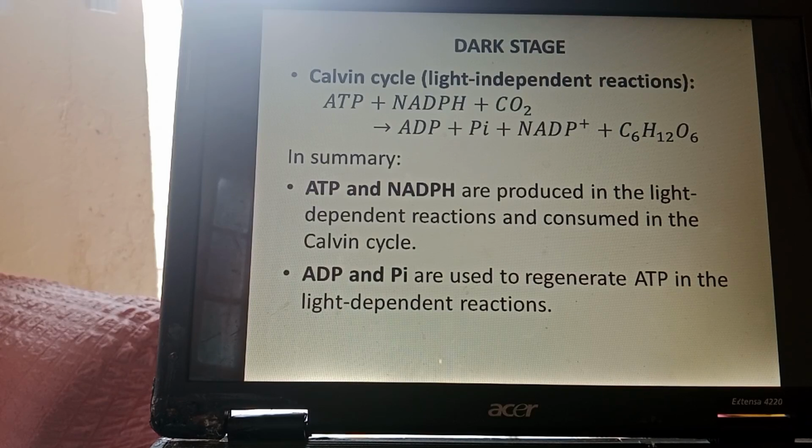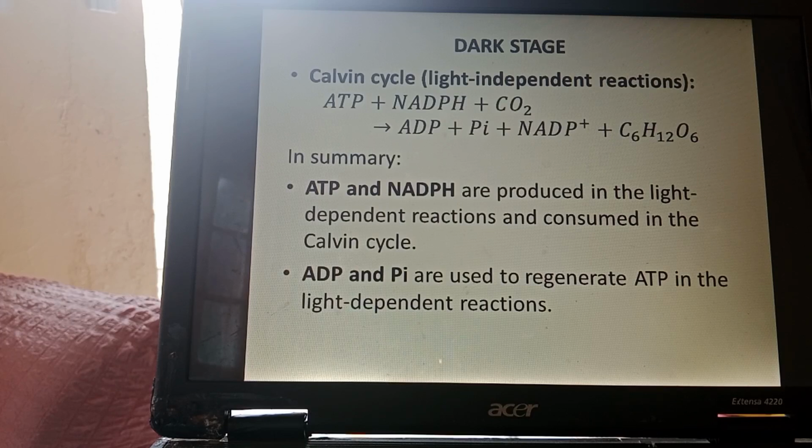The dark stage is known as the Calvin cycle. So this is the light independent. It does not require light. So it can take place in absence of light. So the ATP, which was produced in the light stage, and the NADPH will now combine with carbon dioxide, and you result in the following products: ADP